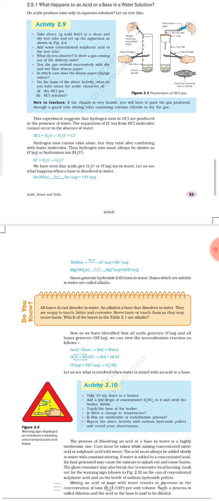So this activity is basically about the dilution of acid and base, and we will also discuss some of the observations related with this activity. So what you have to do, you have to take about 10 ml of water in a beaker, and in that you have to add a few drops of concentrated sulfuric acid, and mix it with the help of a glass rod. When you touch the base of the beaker, you will observe that the base of the beaker is quite hot. And please note here that you are not providing any sort of heat energy from an external source.